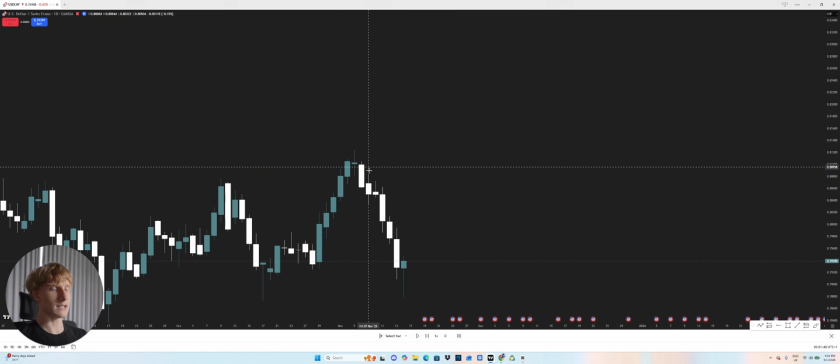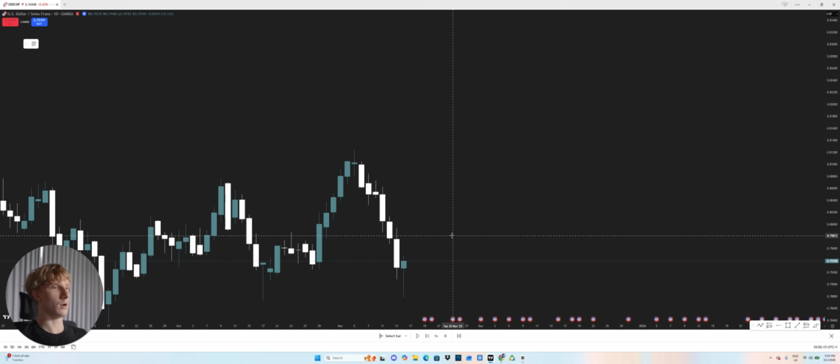Cool. What's the next thing? We've now just identified our leg out. We go above to the left and look for an indecisive candle. Here we have an indecisive candle, clear as day. It's indecisive because the wicks are much bigger than the body. Now we just go along to the left. Do we have an impulsive candle? This one is definitely impulsive. However, it's not the most impulsive, but for the leg in, we can have some wiggle room. Once again, we'll get into the rules and parameters after, but for me personally, this is an acceptable leg in.